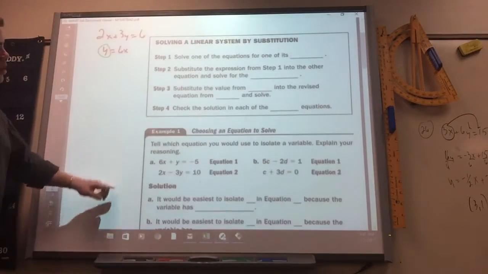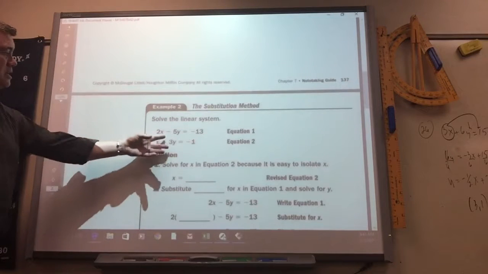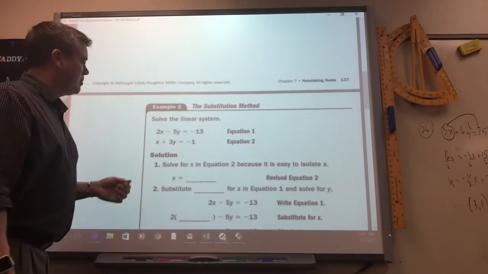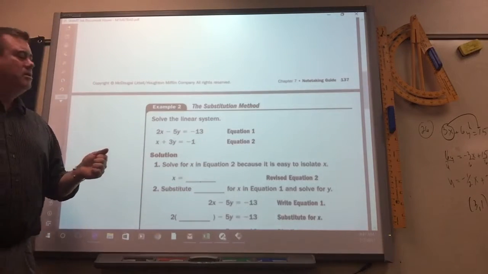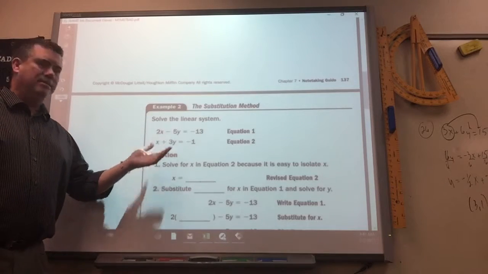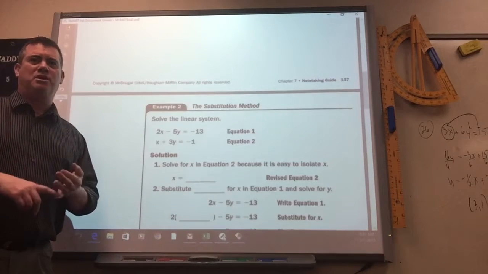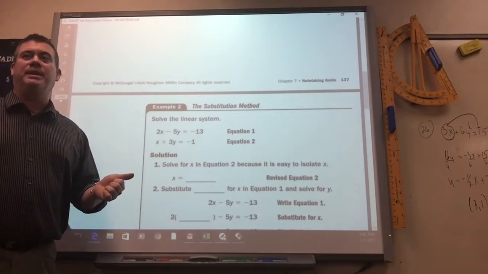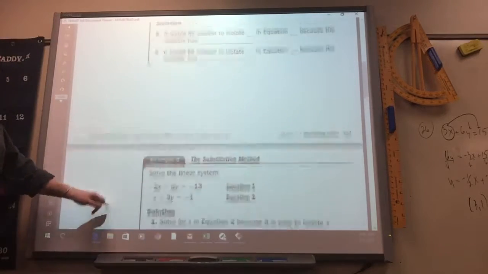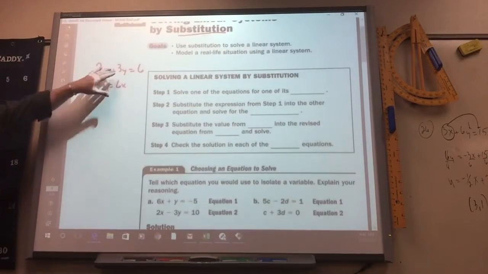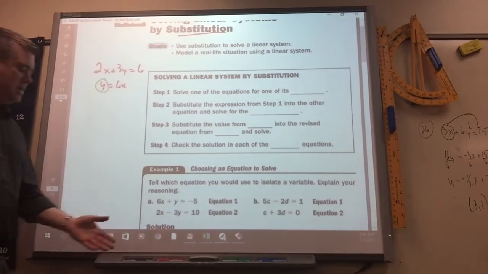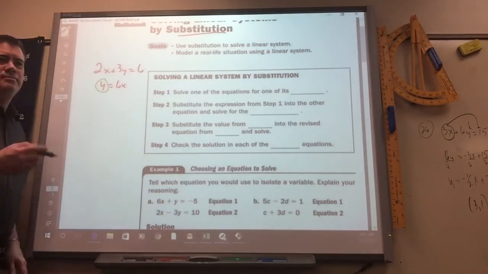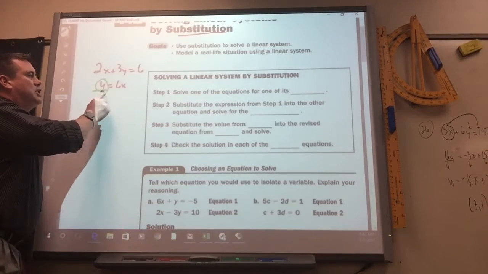Unfortunately, most of the ones we do don't have a letter by themselves. Okay, so I'm just going to point this out. Most of them aren't that tough, but when you're doing these, if you have a choice of solving them, if this came up like this, substitution wouldn't be the way you choose to do it. The next way we learn, elimination, would be. Usually the only time you choose to do substitution is if it was something like this, because it's all set up for you. Now, the substitution part is once you get a letter by itself, you take what it's equal